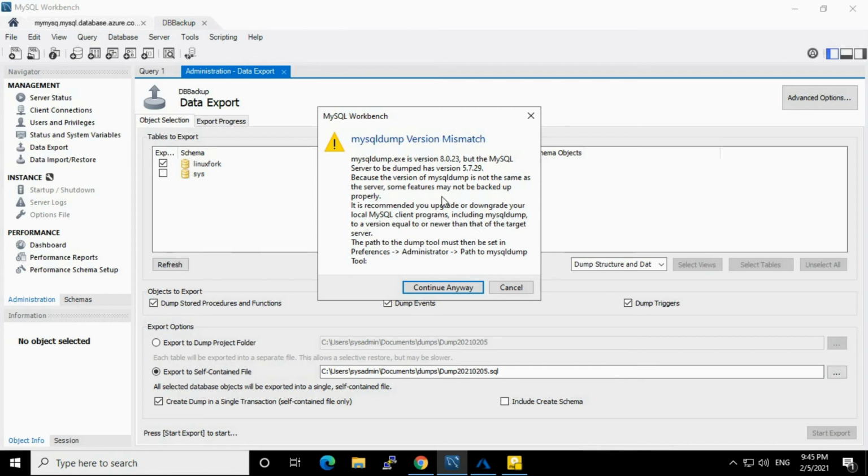I'm going to take the backup on this only. But if you are doing this for production purposes, just make sure both MySQL Workbench and MySQL server are compatible. I'm going to click continue anyway.